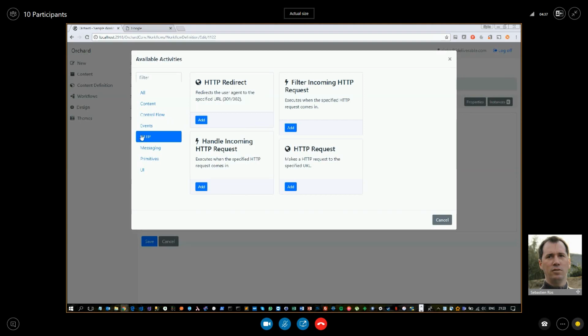Would it make sense to have separate buttons for adding one or the other? Yeah, like a toggle or a tab. The add button, you mean? I mean two add buttons basically. So you choose to add a trigger or you choose to add a task. But it's either one or the other.